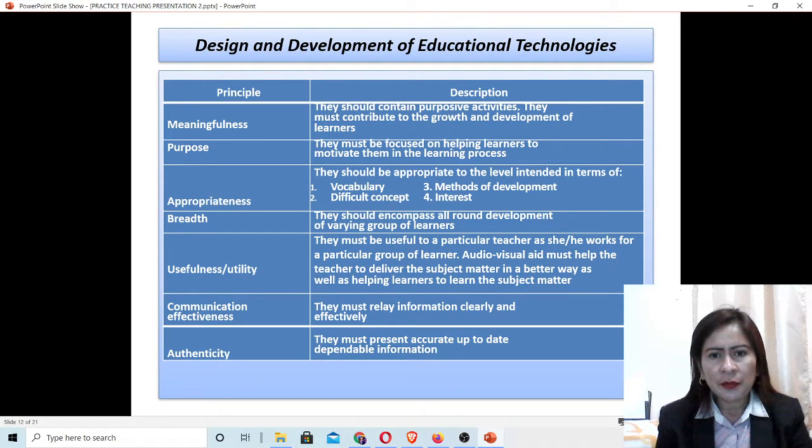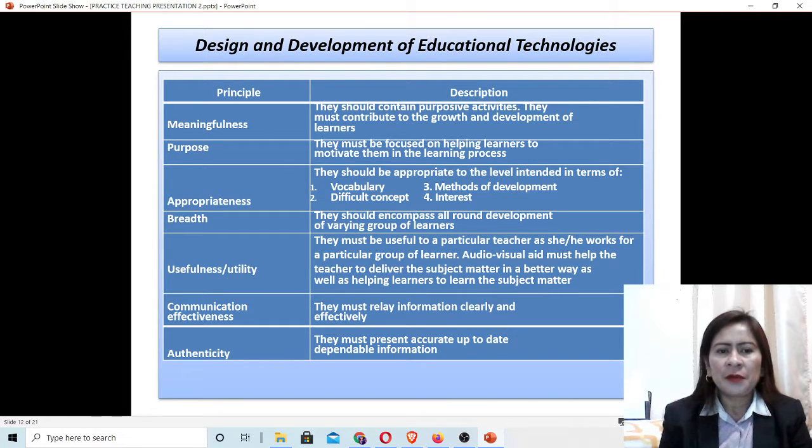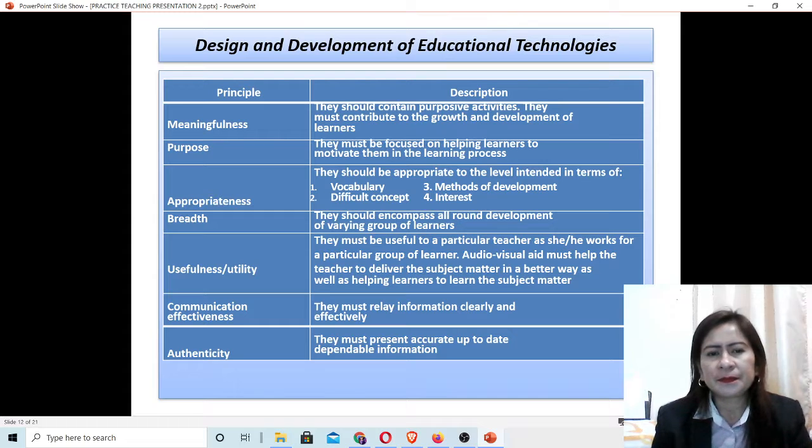They should be appropriate to the level intended in terms of first, vocabulary, second, difficulty of concepts, third, methods of development, and fourth, interest. Breadth. Breadth is that they should encompass all-around development of varying groups of learners.